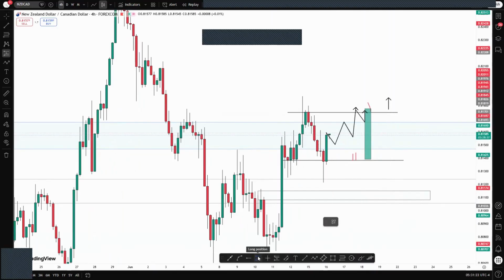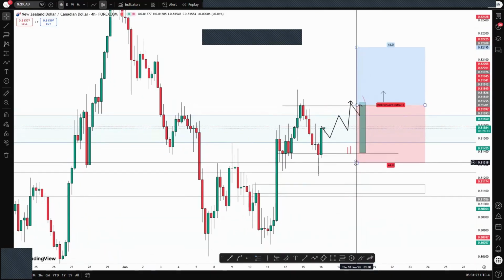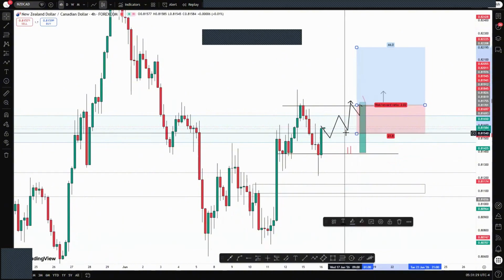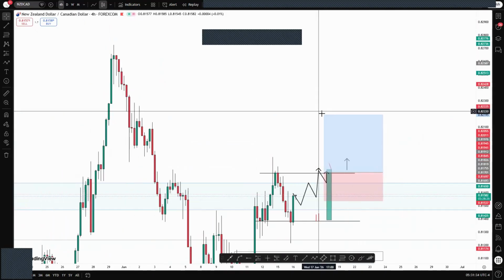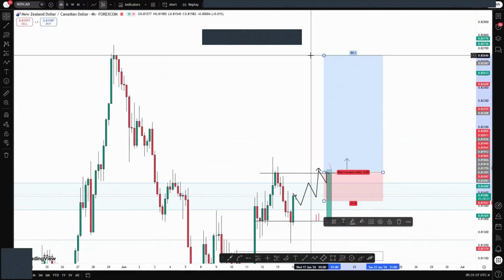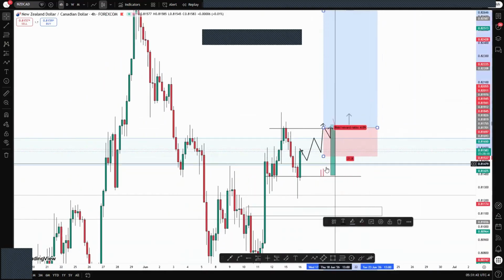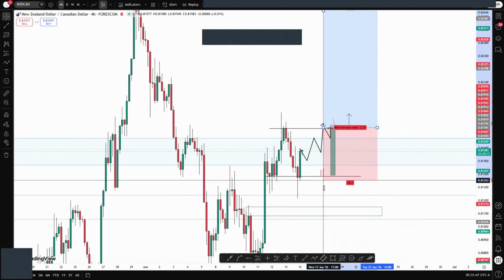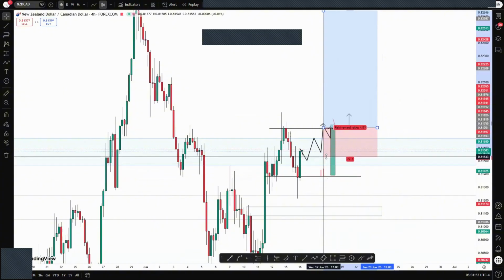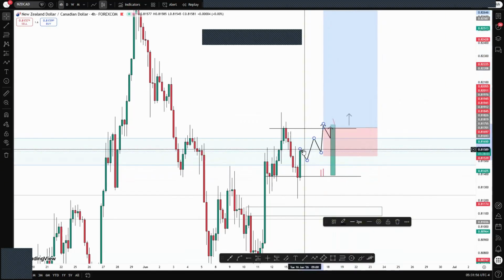The goodness is, when we buy, our stop loss will be below here, and I'll take profit over there. You see, in a way of us minimizing our stop loss, instead of dragging it all the way back to this point, we are now reducing it by waiting for these small price action moves to play out. You see,